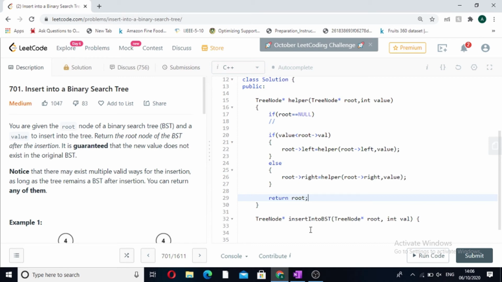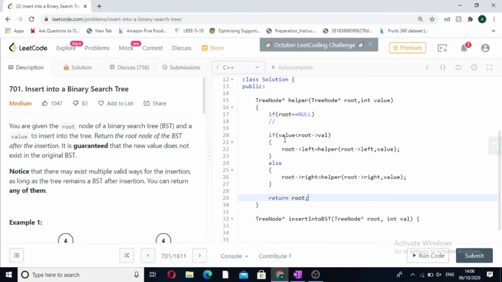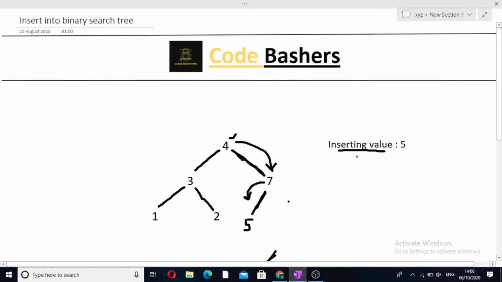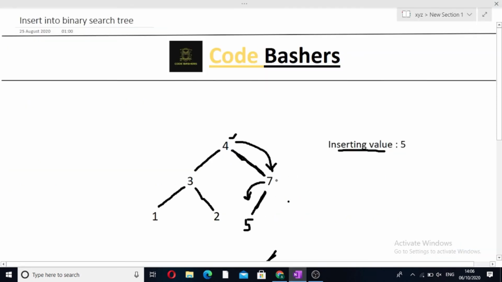Now see what will happen. Initially we were at 4, the root node, and the inserting value is 5. First we come into this function and check whether the value to be inserted is less than the root value. We can see that it is not less than the root value, so we go to the right side. Now the else will run, the helper function will be called again, and the new root becomes 7, while the value is still 5.